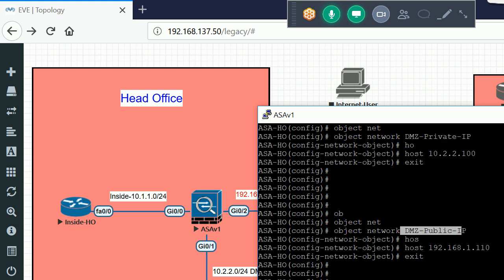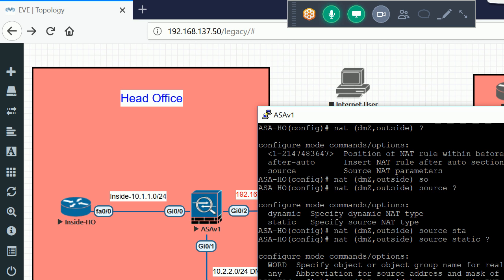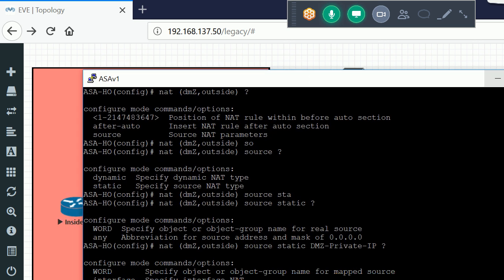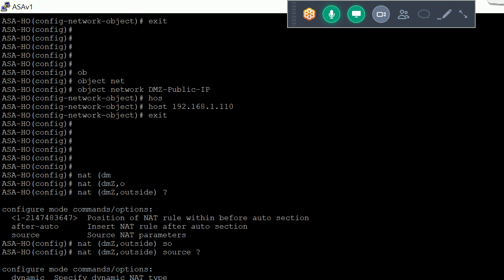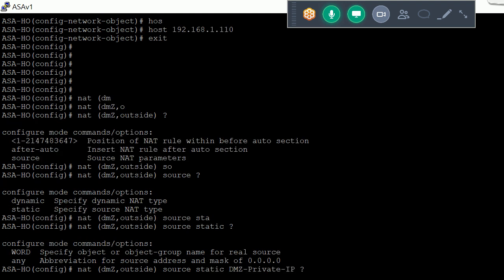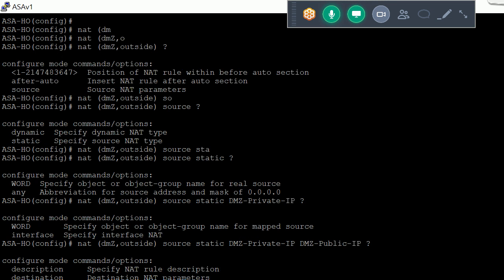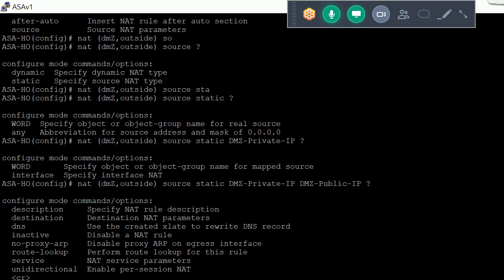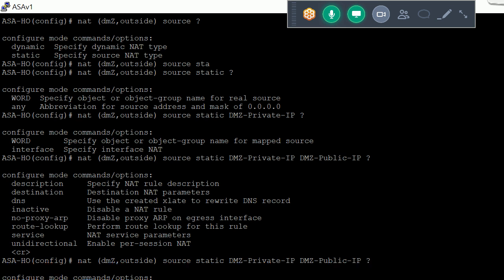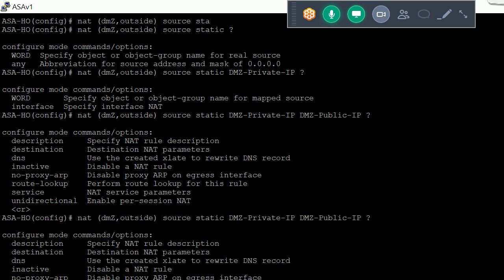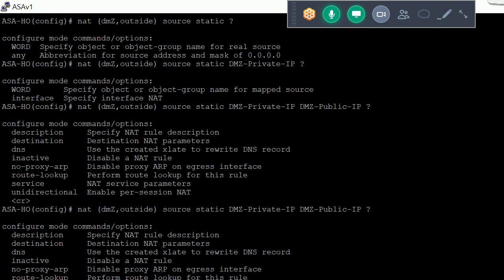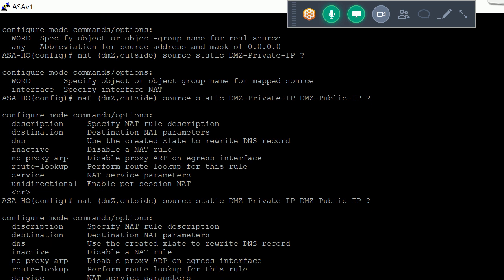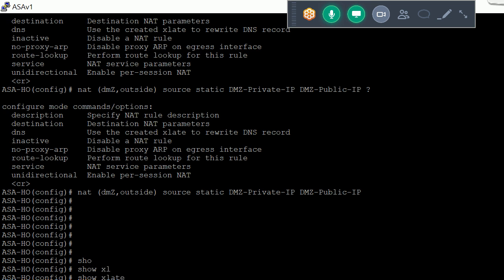So I'll just copy this DMZ public. There is one more space. So now let me just enter this command. Okay. And if I run the show nat, here we have these entries.